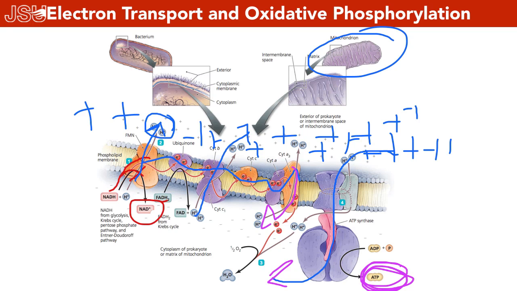So we've got a double whammy problem here. We're getting a lot of protons here, problem number one. Problem number two is we've got a buildup of electrons. It's kind of a problem, isn't it? How do we deal with it? Well, what do we breathe in? Oxygen. Oxygen is what we call a terminal electron acceptor. Oxygen will combine with the electrons and some protons to make, guess what? H2O, water. It's going to make water.